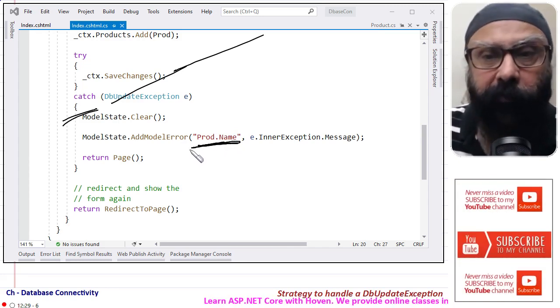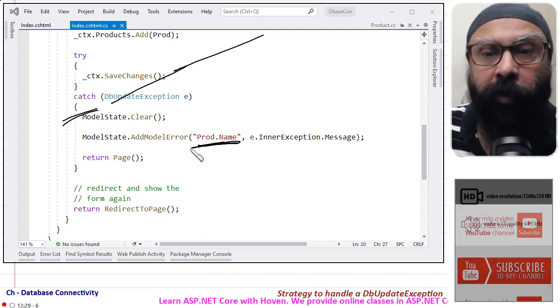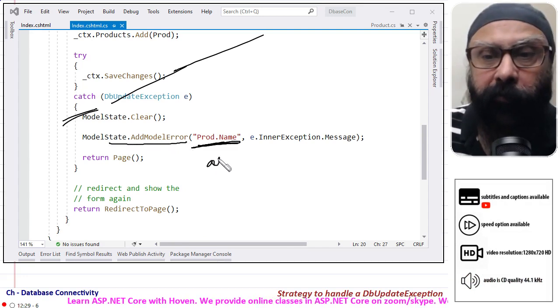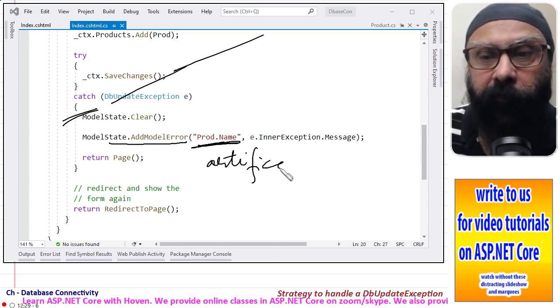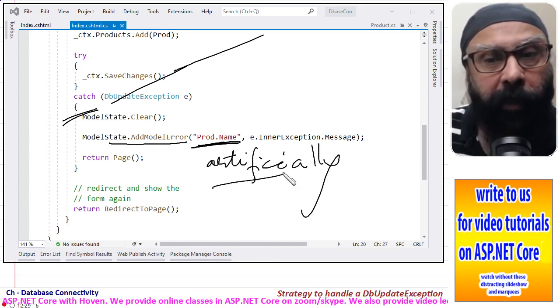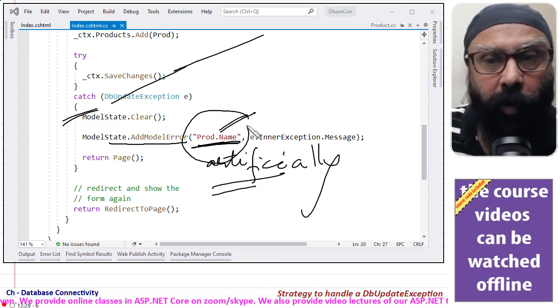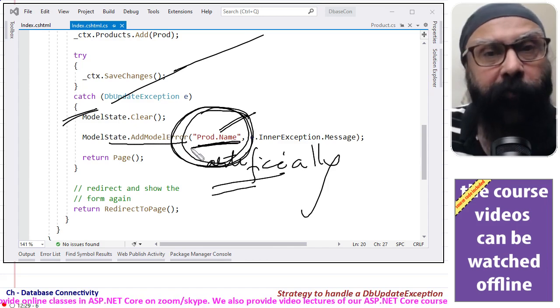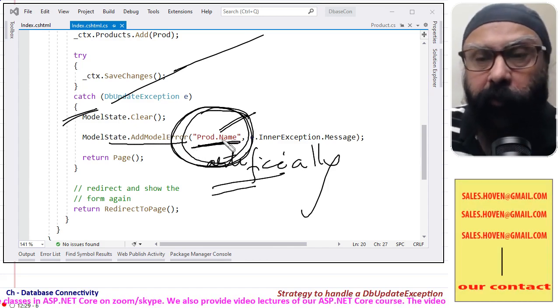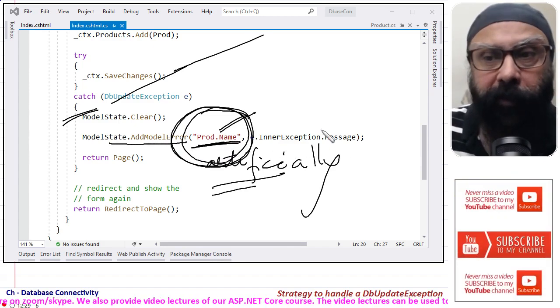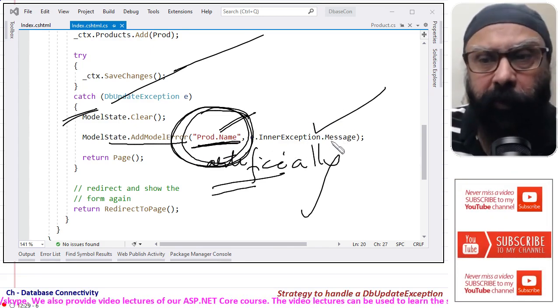In our case we have used a validation summary, so we are artificially adding a model error to prod.Name, so this will automatically get attached to the validator for the input with prod.Name. And e.InnerException.Message, this is being shown for